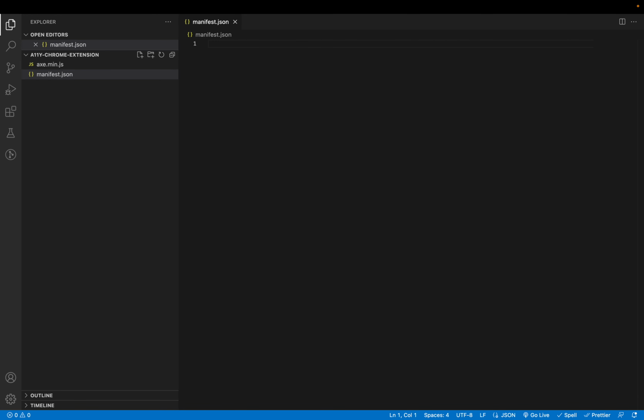Let's talk a bit about manifest.json. So the manifest.json file contains the important information about extensions such as name, version, description, and the permissions. You can say manifest.json file is the backbone of any Chrome extension. So let's go ahead and populate this manifest.json. First, we need to